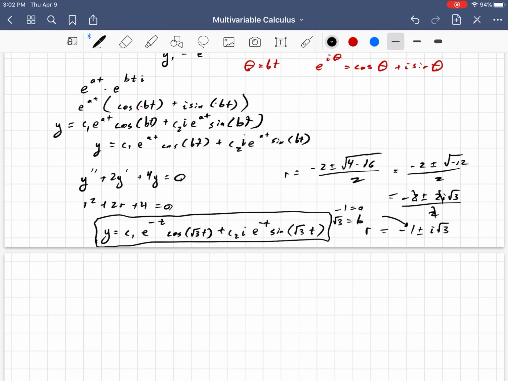And sometimes these things can get messy, you know. It was nice there that the factors of 2 all canceled, but don't get intimidated by the messiness of it all. You really are just sticking your value of r as a coefficient in front of the t on the exponent of e, and that really wraps it up for